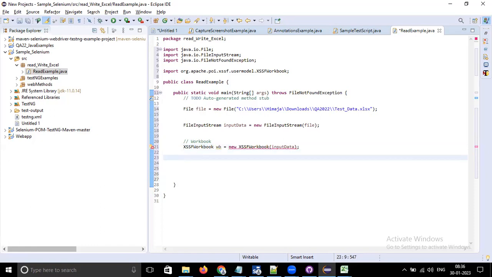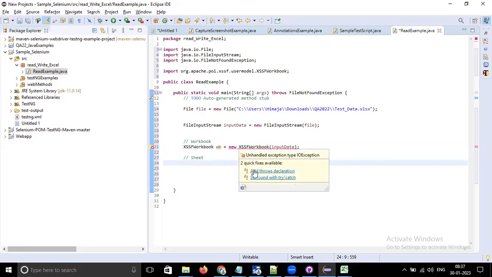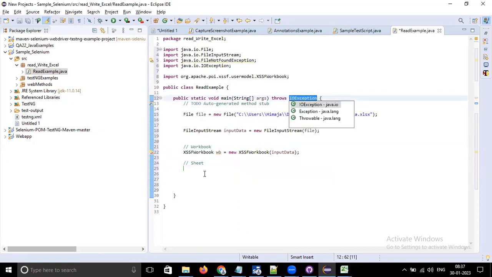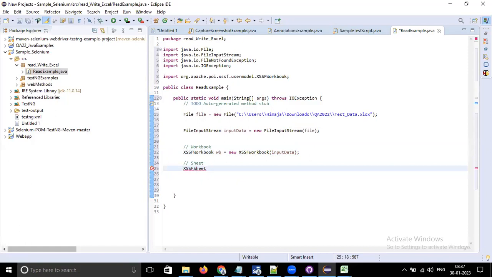Now the sheet, XSSF sheet, and then this sheet is equal to